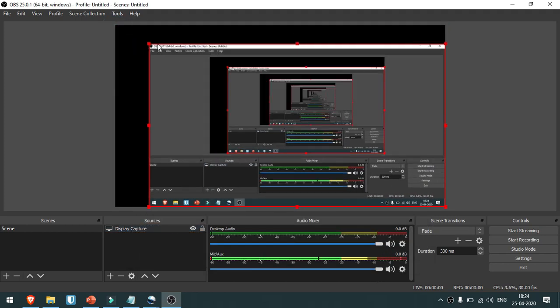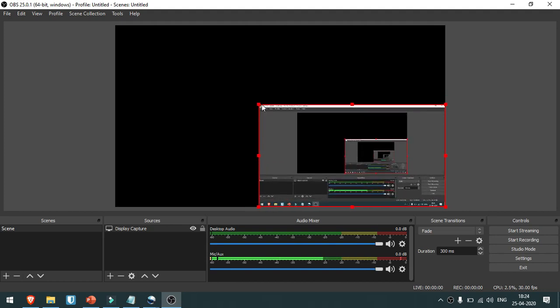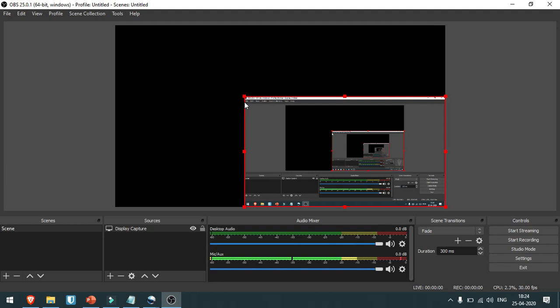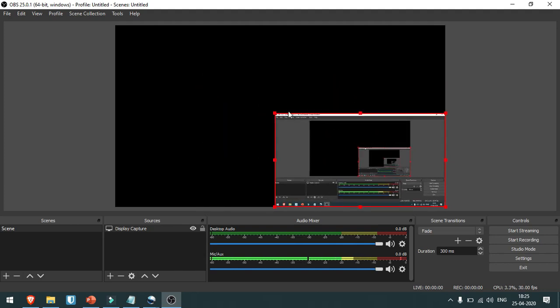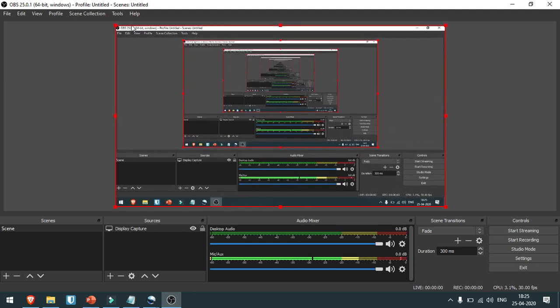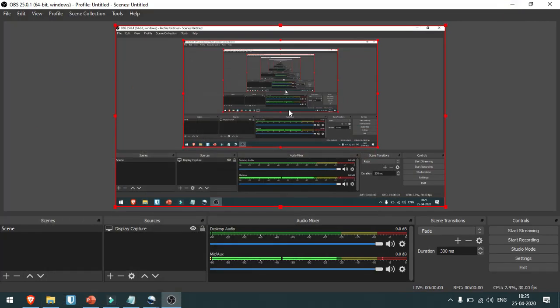The best part about OBS is that you can use multiple screen captures, and you can resize the different screens to all fit in one screen, or you can just use one. So for instance, you also want a little box at the bottom which shows your own face with your webcam.